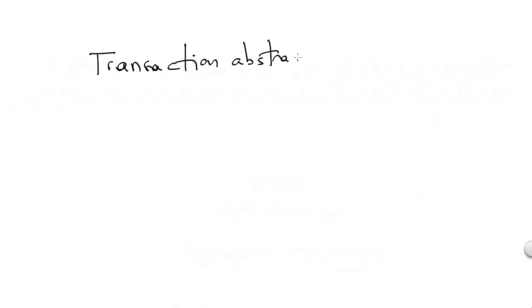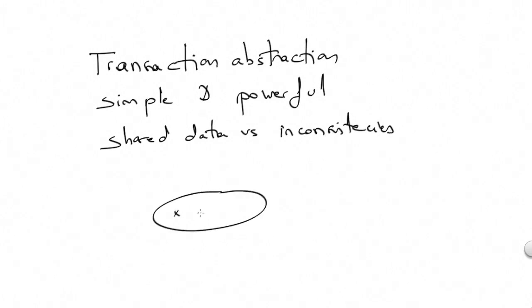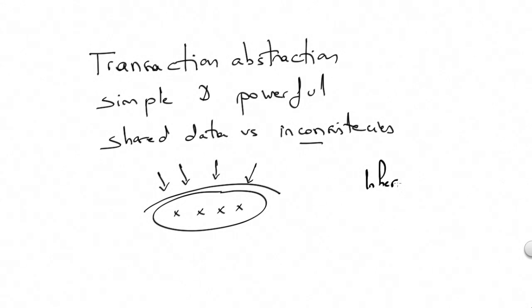The transaction abstraction is a simple and powerful way to protect shared data from inconsistencies. If a set of objects are shared by concurrent threads from the same processor or on multiple processors, then roughly speaking, the transaction abstraction protects them from inconsistency. The goal of this video is to highlight the inherent limitation of this abstraction and motivate a paper entitled Democratizing